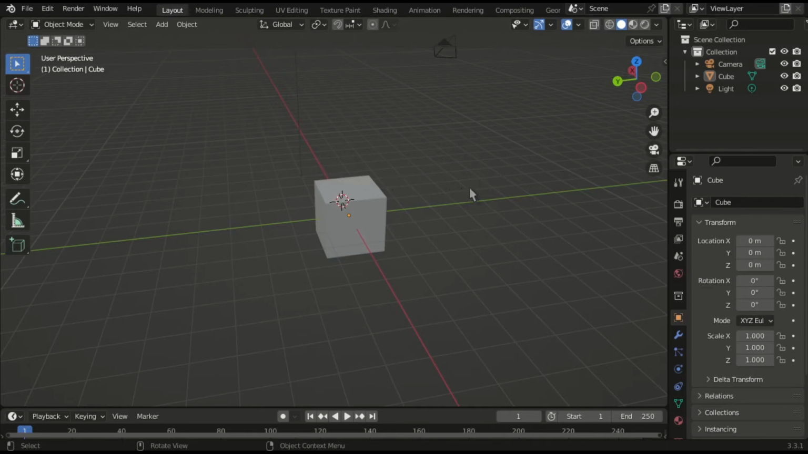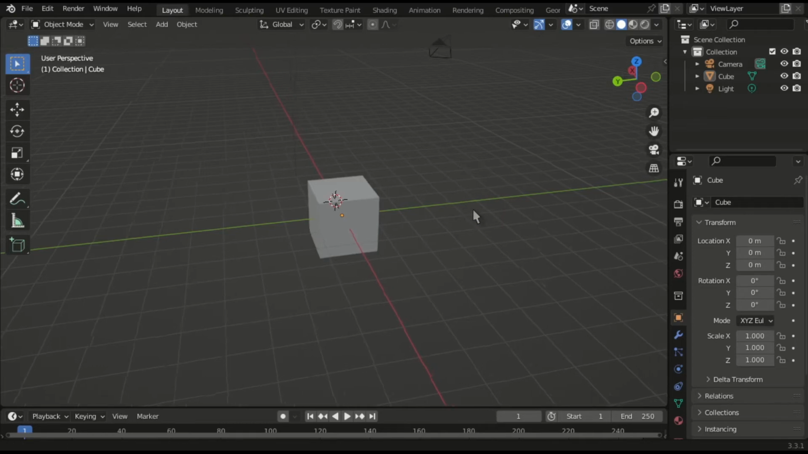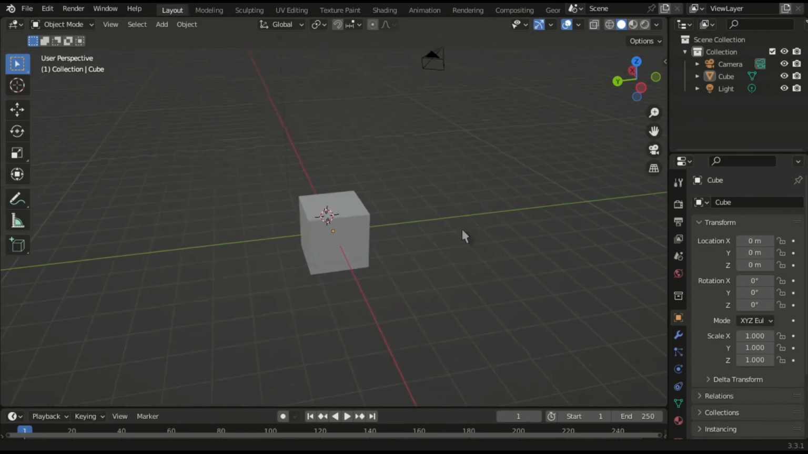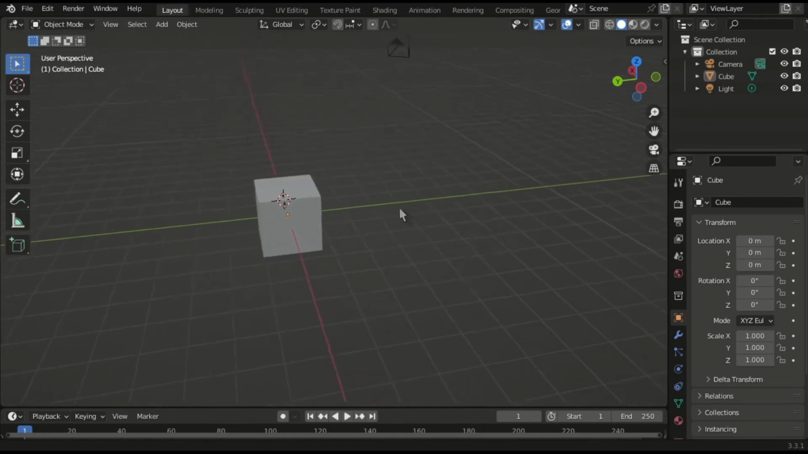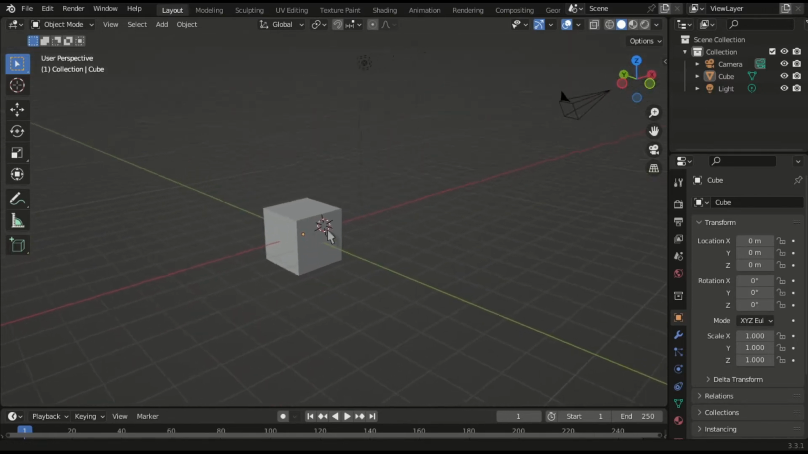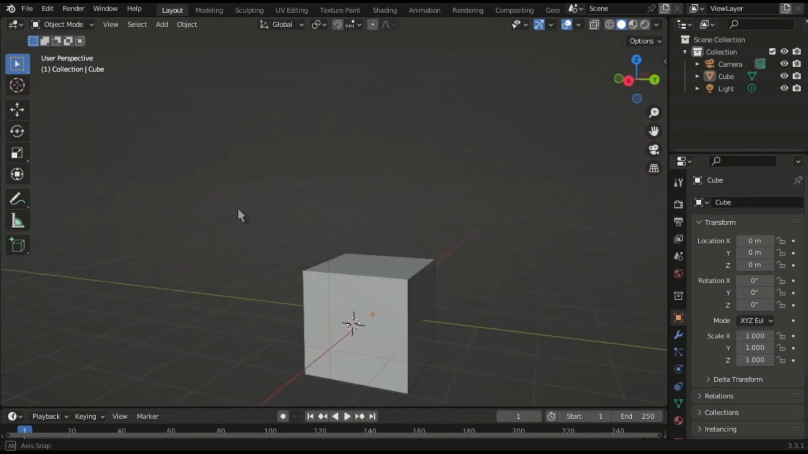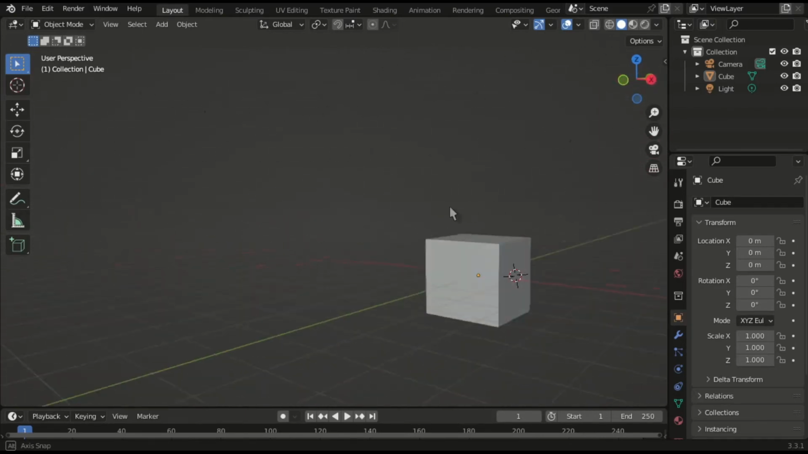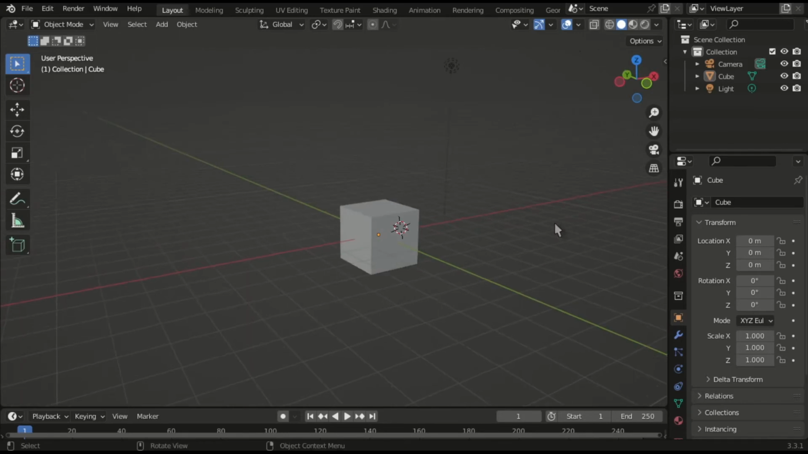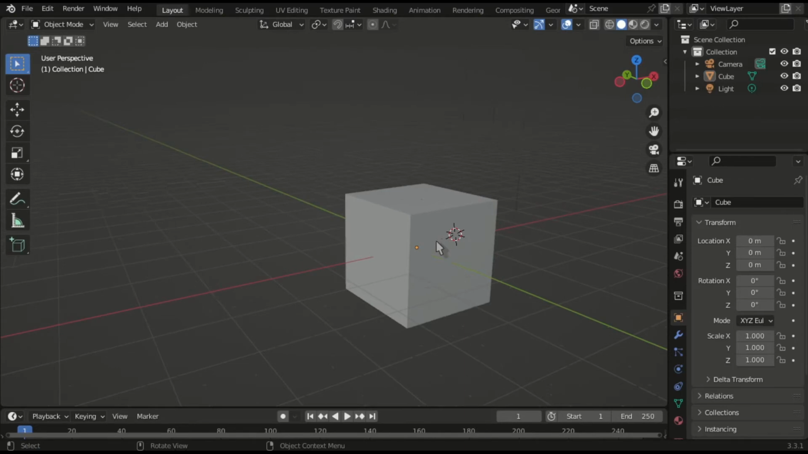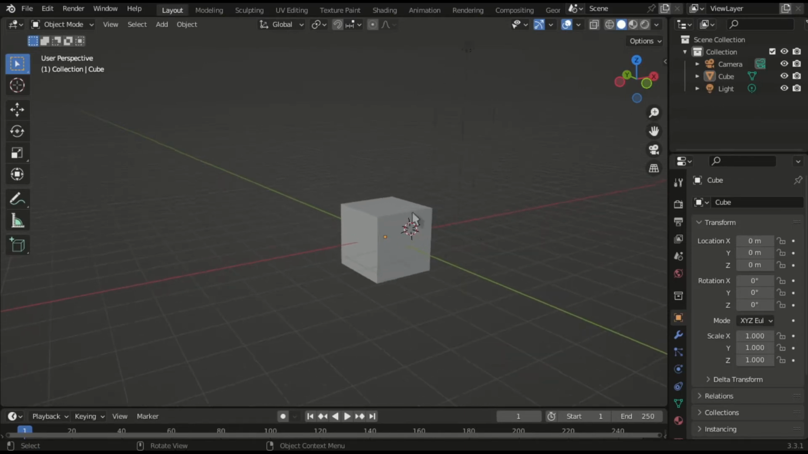To move around the scene, we can press the Shift key and click on the middle mouse button like this. To rotate, we can just click on the middle mouse button and move the mouse like this. And for zoom in, we just scroll the middle mouse button to zoom in and zoom out. To select the object, we use the left mouse button, and to deselect it, we just click on the viewport